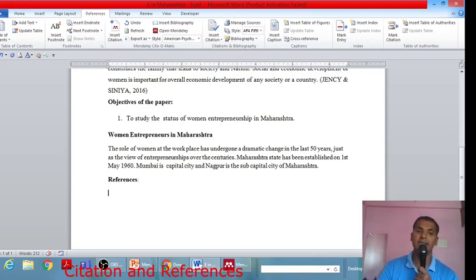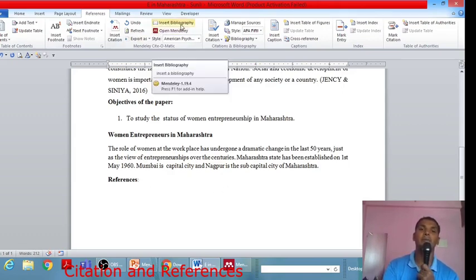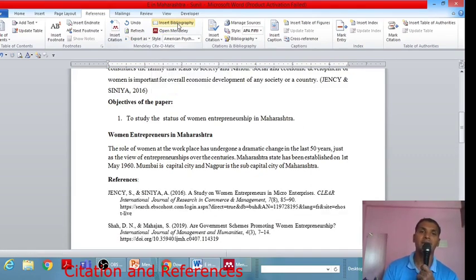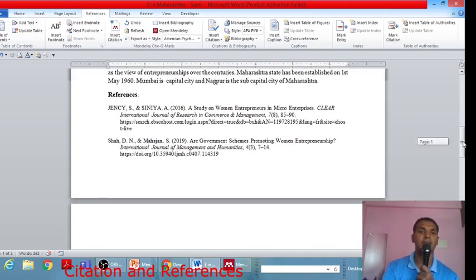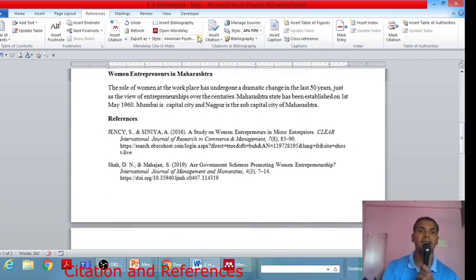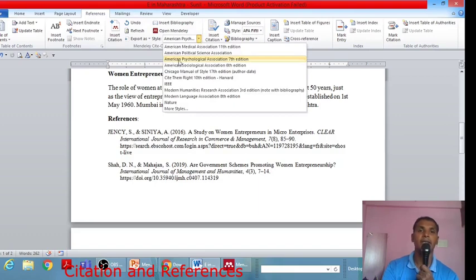For example, these are the only two texts I have used in my research paper, and I want to write the references of these two journals or articles. So for that, after the references, I need to click on insert bibliography. When you click on insert bibliography, you can see the reference style is American Psychological Association, APA style.